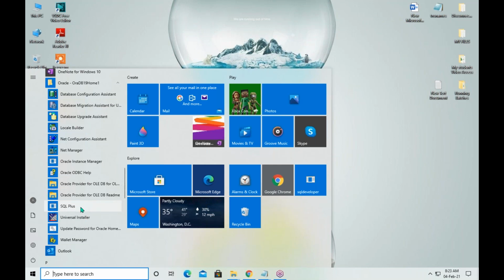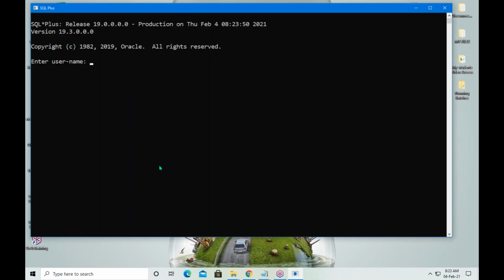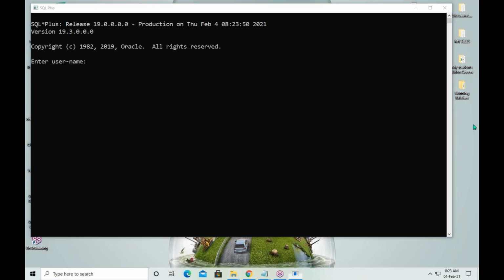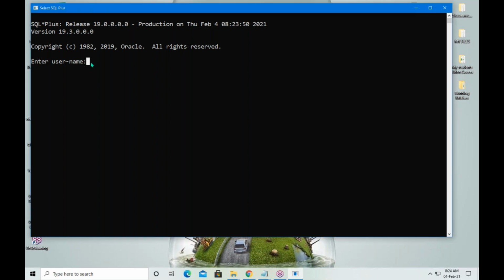Under the Oracle folder, select SQL Plus. Then it is opening a client application window.